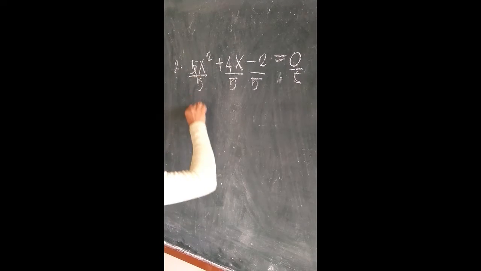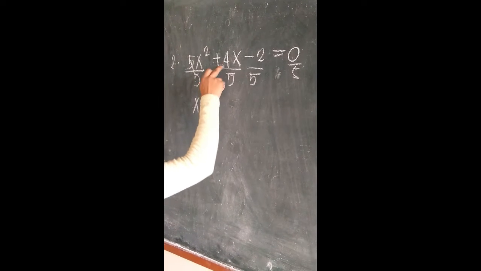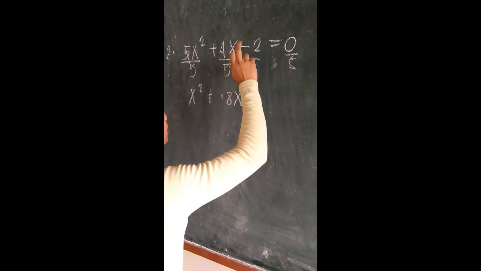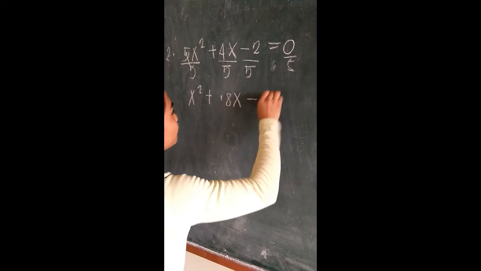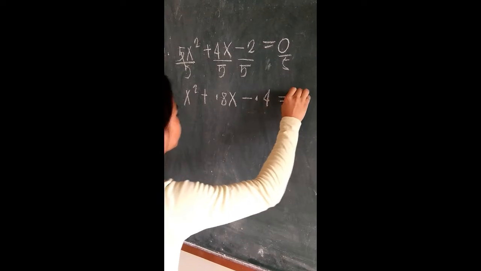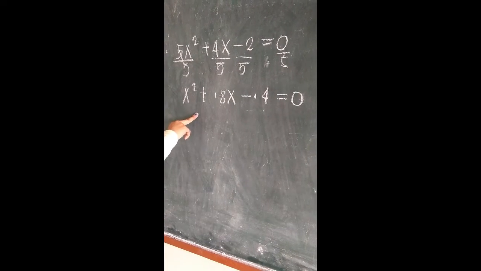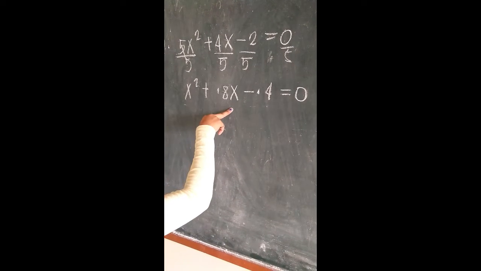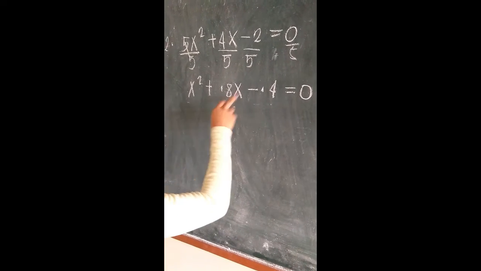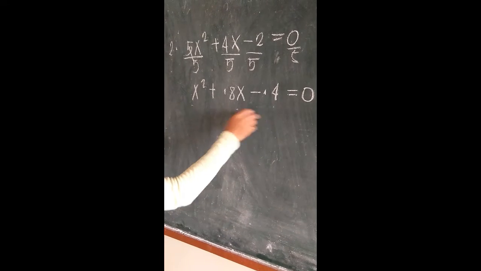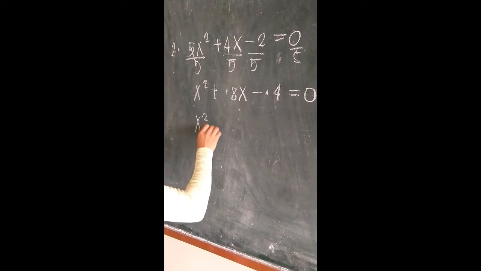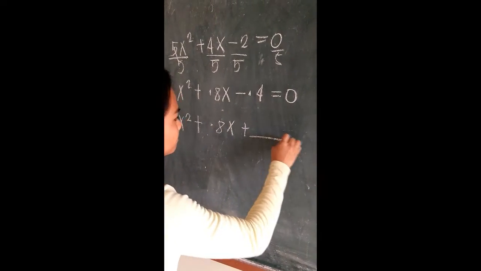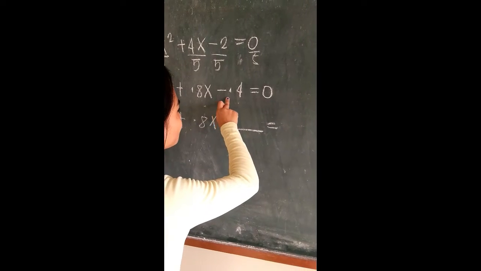Then, x squared plus 4 divided by 5 is equal to 0.8, so 0.8x minus 2 divided by 5 is equal to 0.4, is equal to 0. And that way, it is easy for us to find its roots. But we're going to complete the square to find its roots. So we must find the third term. And it must be x squared plus 0.8x plus the third term is equal to, transferring the constant to the right side,